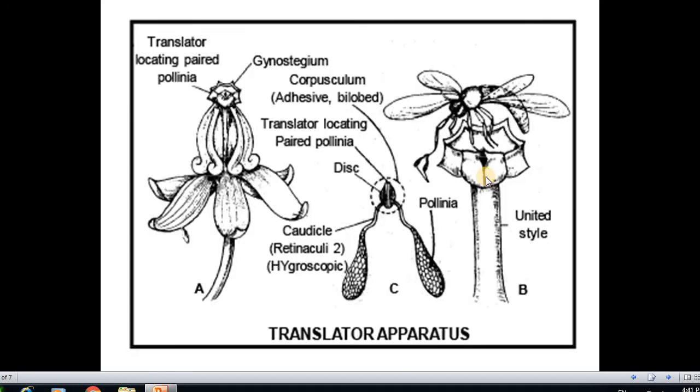In this case, the disc-like structure you can see here has pollinia in which the pollen grains are present, and it is attached to the body of the bee and transported with the help of the bee. When the bee sits on the disc-like structure of another flower, the pollinia are deposited on the stigmatic surface and pollination occurs. In this manner, the pollination process takes place in Calotropis, as you can see in the diagram.